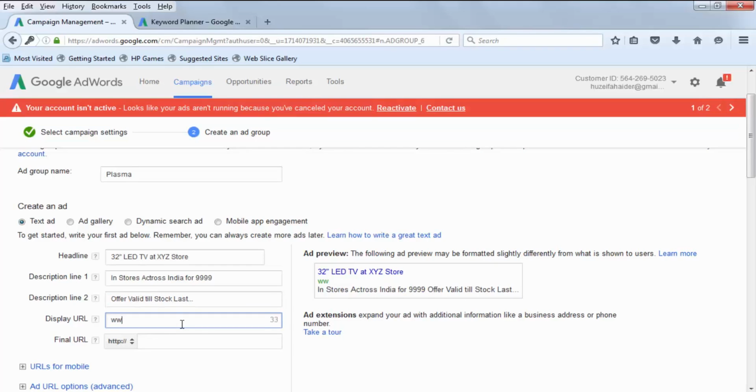Display URL is the URL which you want the customer to see, say xyz.com, and final URL is the URL of the page to which the customer actually lands. So the display URL can be related to the keyword which you are targeting, like xyz.com/TV-offer. This might not be a page which is there on your website, but it is just a URL which you want to display to the customer. When he clicks on the URL, he lands on another